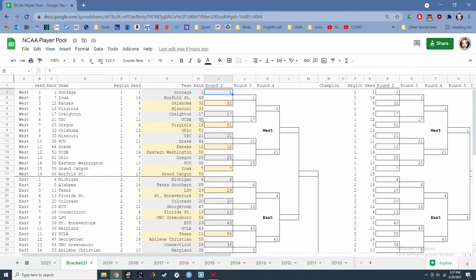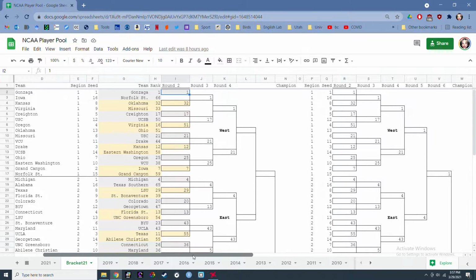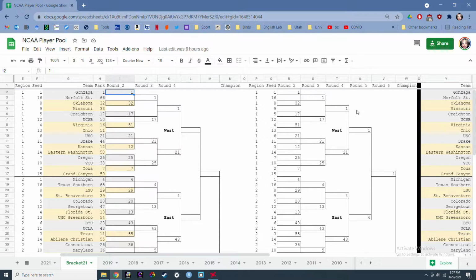On this bracket here on the left, this is where I fill in the actual results. Then I have a bracket here on the right that just continues that forward. We know that Gonzaga and USC have not played yet, but the bracket makes a prediction of who's going to win that game based on their seeding. The selection committee ranked Gonzaga 1, so obviously they believe that Gonzaga is going to beat USC, and that's how this works.